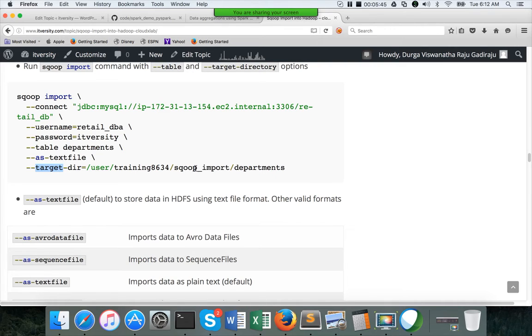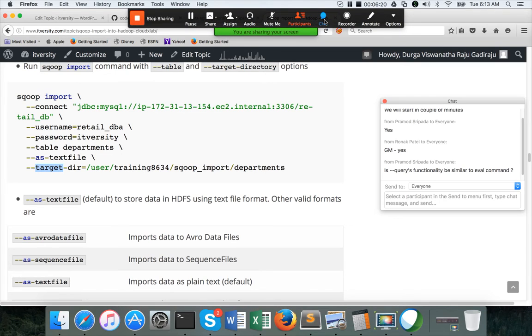So it's up to you how you design your framework. I personally feel warehouse directory might be better because you don't need to worry about passing the table name as a subdirectory under the base directory into which you want to store the data. You just have to specify till here, and it will automatically create the directory with the table name which is passed if you use warehouse directory.